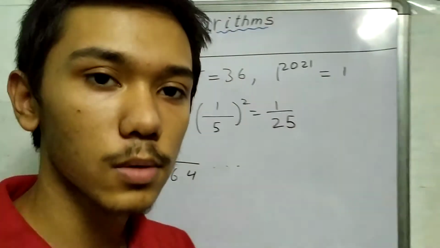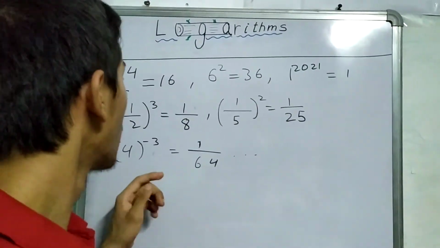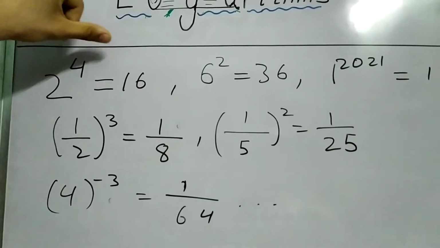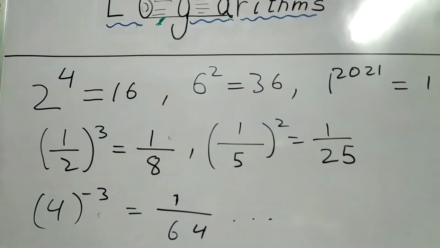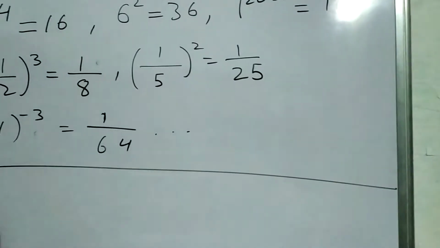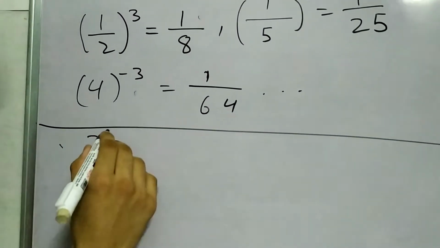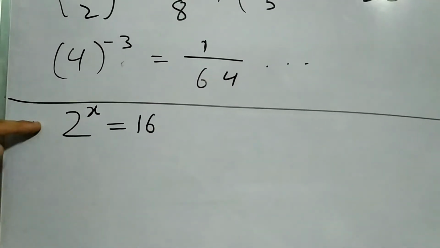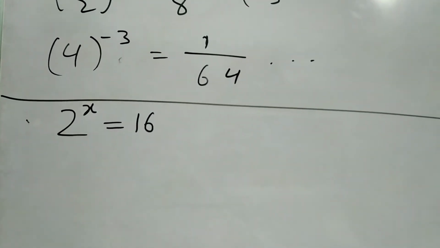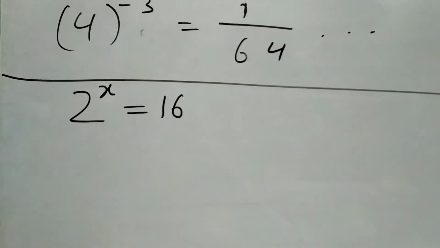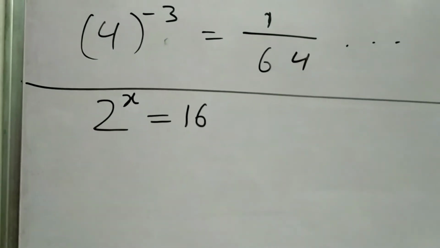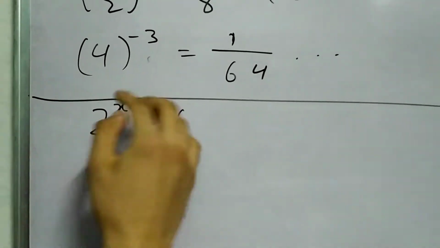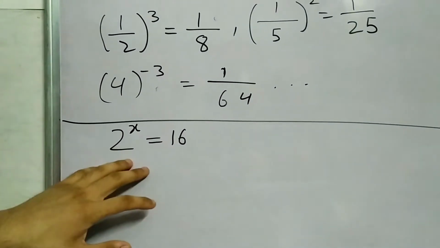Now we can also do it the other way around. To what power should I raise 2 to get 16? So we say 2 to the x, let's call it x, gives us 16. 2 raised to the power which number is 16? Now of course you know it's 4, but what we'll do is take all the known terms to one side and the unknown to the other side. So how do we represent this?